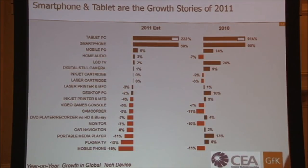So, okay, this is supposed to be black and red. I'm not sure if you can see this. The real difference between 2010 and 2011 just passed is that in 2010 you still had a number of different